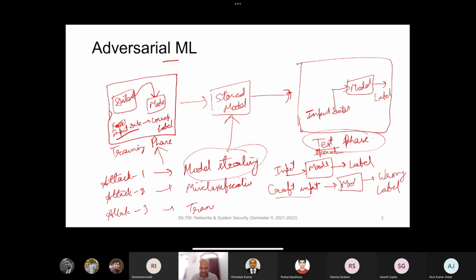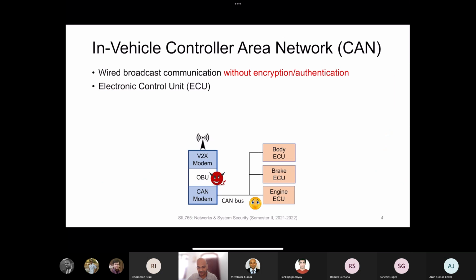Which is called a training set poisoning attack. So this is what we are going to study today. What I want to highlight is that I wanted to talk about one specific attack on each of the different aspects of machine learning models, but I will go into the details of this training set poisoning attack, and you will see what I mean by saying training set poisoning. Okay, so I will be going into the detail of this training set poisoning in a particular context, and this context is about